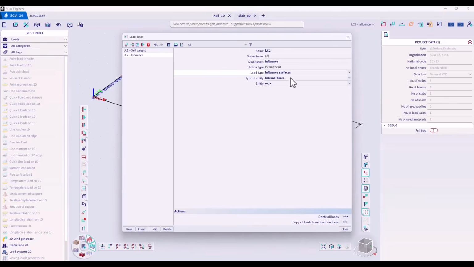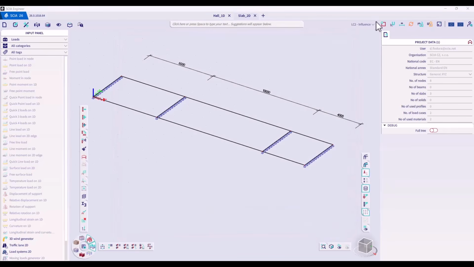For the influence surface, I can choose entity if I want to maximize the internal force, deformation, or reaction. I will stay in internal force, and again choose the entity. I will stay in moment mx. So if I create this special load case,